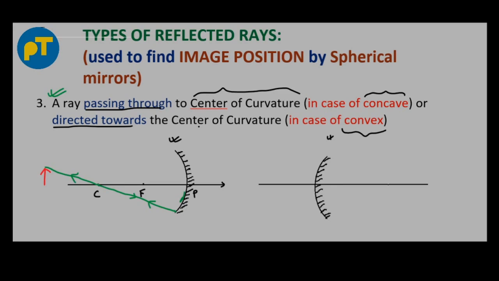Okay, for the convex mirror we have the principal focus here and the center of curvature somewhere here, and this is the pole. So in this case it's the same actually. Let's say we have an object somewhere here and we consider the ray of light which is directed towards the center of curvature. So this is the center of curvature. Okay, it is incident at this point on the reflecting surface. Now the ray will be reflected along the same path,